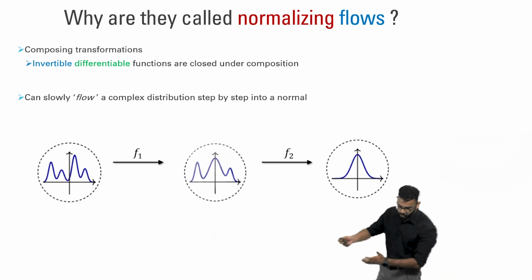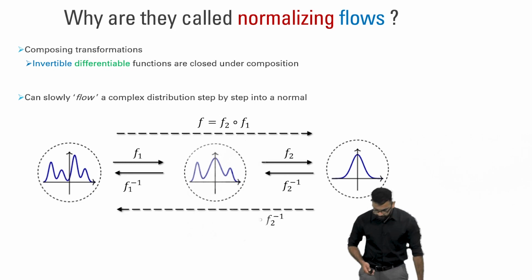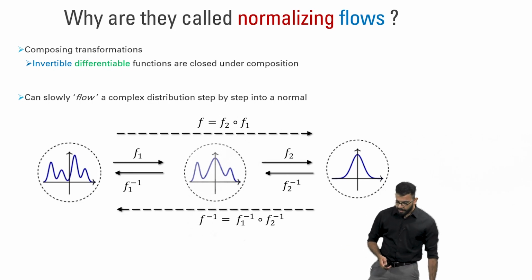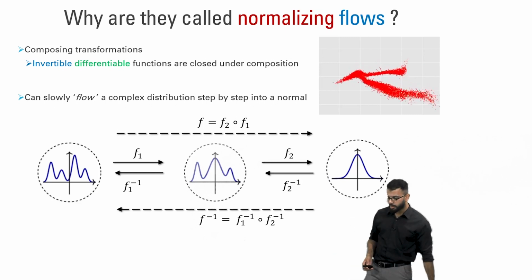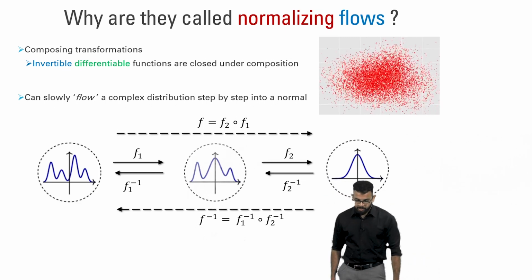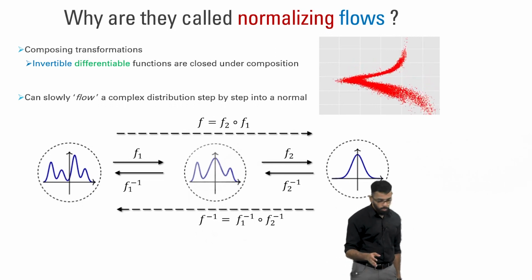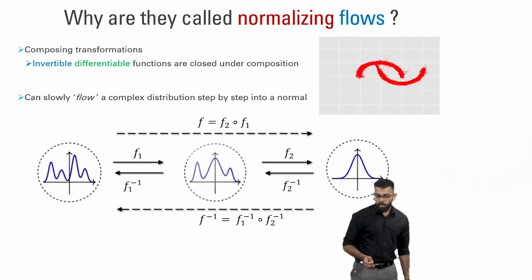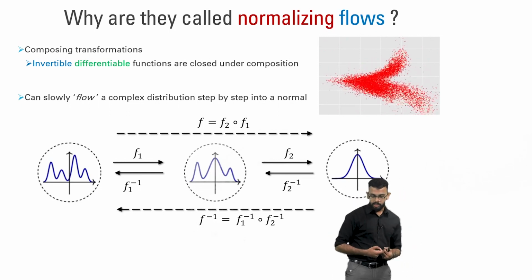So you can slowly flow a complex distribution step by step into a normal distribution. Yep. And let me show you what a real example on synthetic data looks like. Let's say I'm starting with a complex distribution, something you would have seen, the two-moon distribution, right? Now, if I were to use an invertible transformation to transform this into a Gaussian, this is how it would